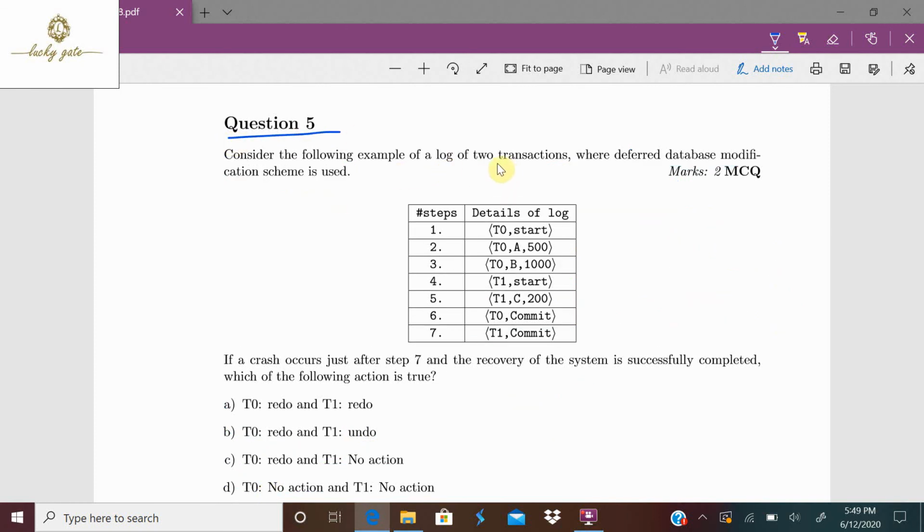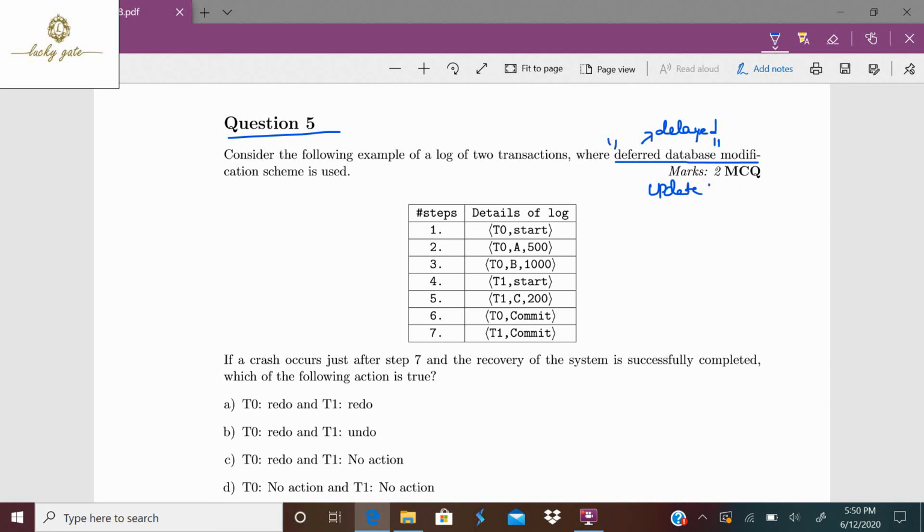Consider the following example of a log of two transactions where deferred database modification is used. Here deferred database modification says database modifications are going to be delayed until the transaction commits. So while the transaction is committing, the database updates are delayed. It won't update the disk, but its new value will be written to the log records using an